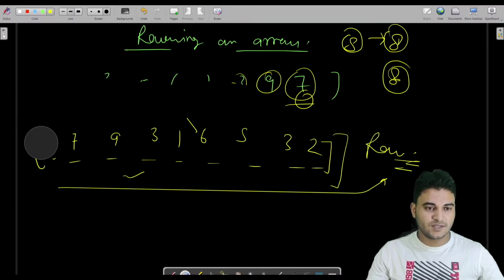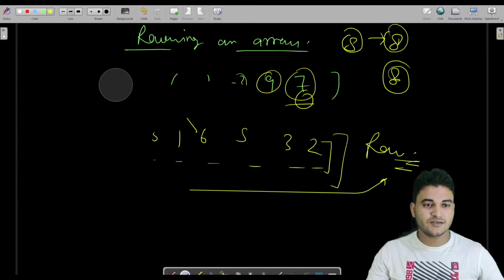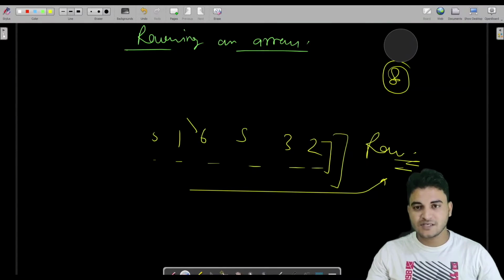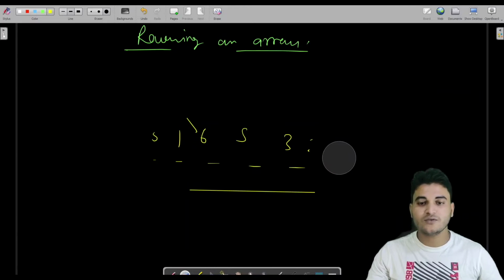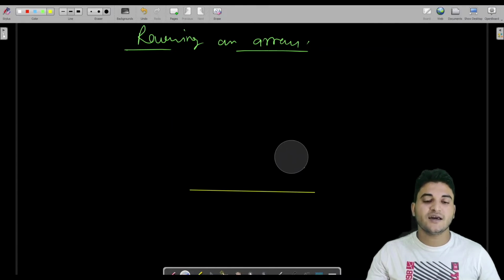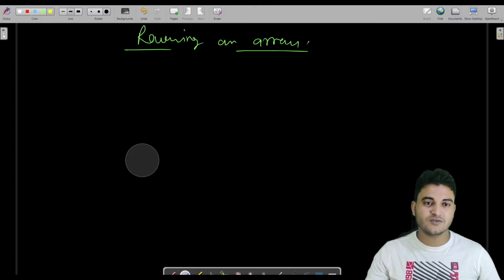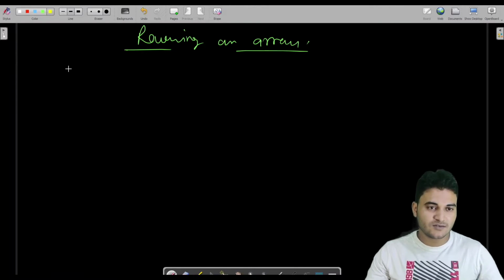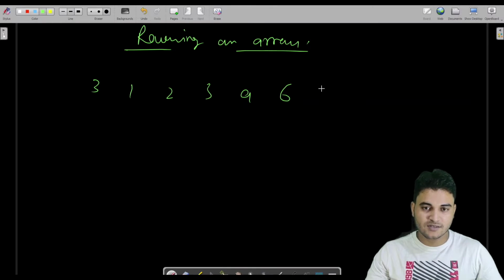and that is also very interesting, because I have seen some people who don't know how we can reverse an array even without using extra space. Fine. So let us see. Let's say we have an array of size 8 again: 3, 2, 1, 3, 9, 6, 9 and 0.